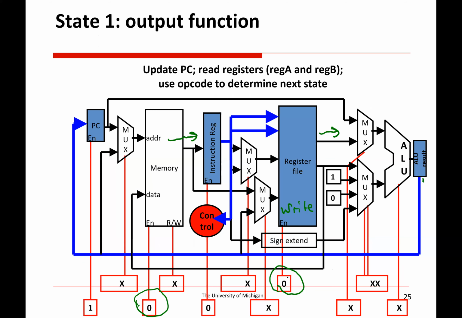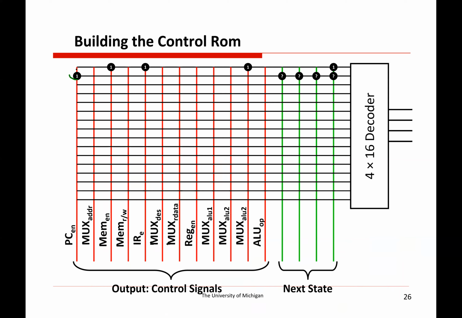So again, most of these are nice because we have relatively few things being set to 1 for each instruction. So we have a 1 for the 0th bit, and that's it. That's the only 1 we have. So when we're designing our control ROM, we can set a 1 here and leave everything else 0. But I have question marks right here for the next states because, as Norman was indicating, if we look at